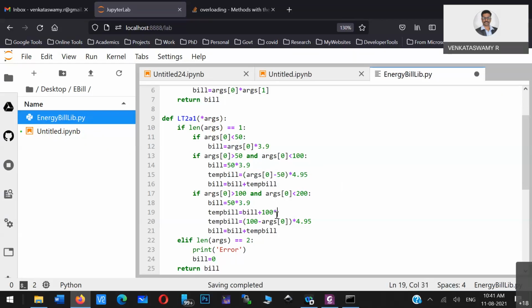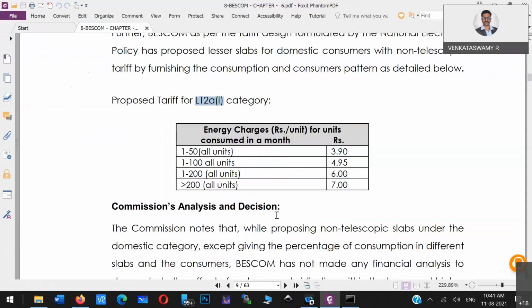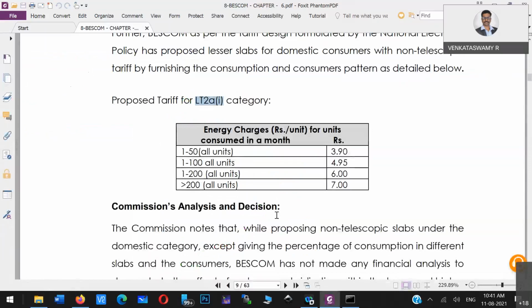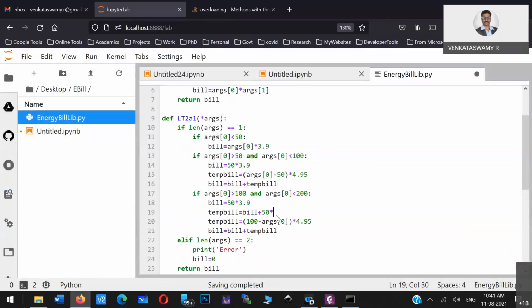Anyway it is greater than 100, hence for 50 units 3.9, and the remaining 50 units in 100 units it is 4.95. But we are less than 200 units, so less than 200 units.